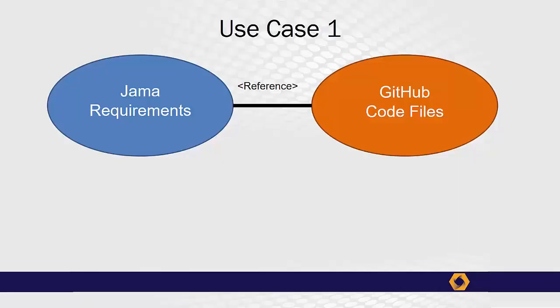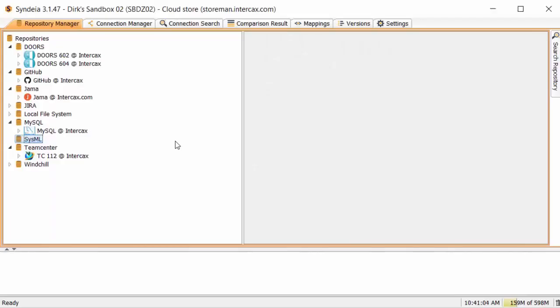Let's begin with a very simple use case. We want to connect requirements in JAMA with software files managed in GitHub. We start the demonstration where we left off in video 1.1, after selecting a SDA Cloud project. In the SDA Dashboard Repository Manager tab, we see that we have links to several different repositories, including JAMA and